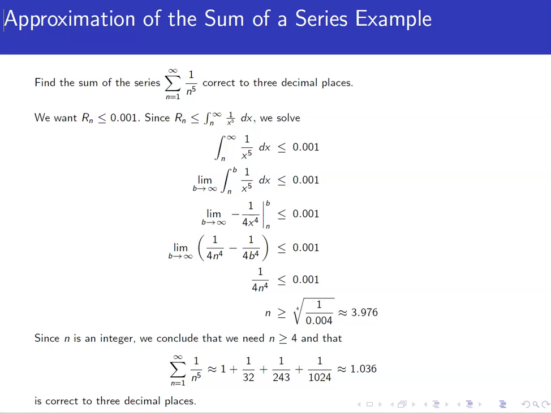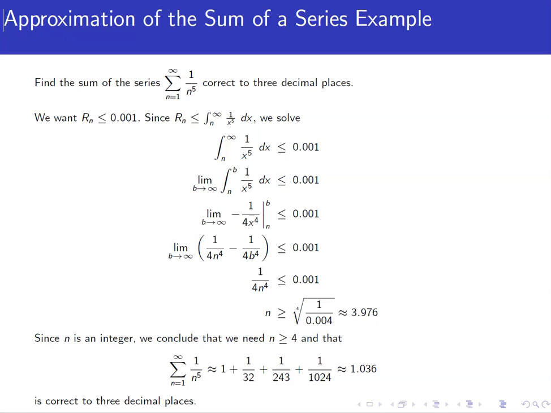And the way I'm going to interpret correct to 3 decimal places means that we want it correct to within 0.001. Now some other books might say you want it to be less than 0.0005 to make sure that you don't have any rounding issues as well. I'm going to just simplify it and make it less than 0.001 just to make it easier and not have to worry about if I need a half of that or what have you. So anyway,